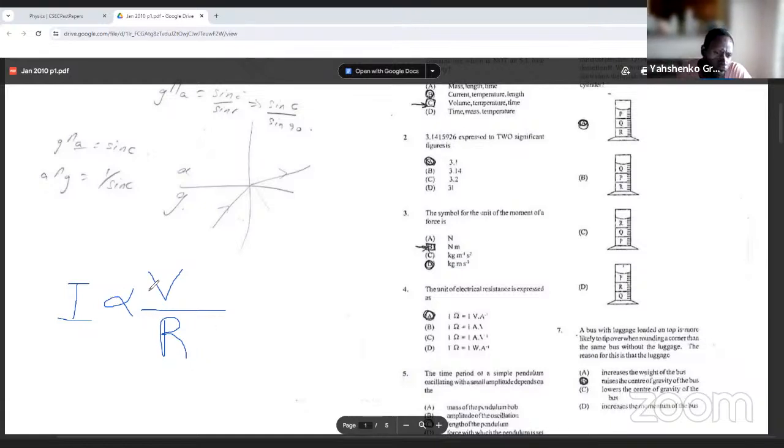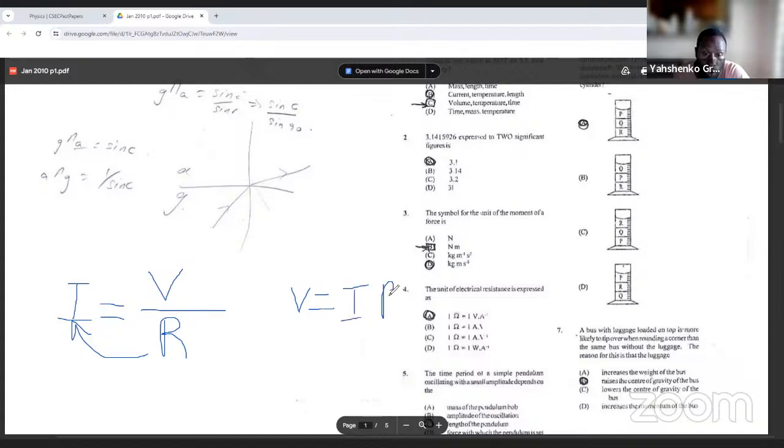And this formula, it actually turns out I could just drop this proportionality sign and just put the equal sign, and it works. And this is Ohm's law, so the current. So if we take note of this, this is the formula. And in this, they're asking us for the unit of resistance, which means that we want R to be by itself. So we're going to carry R over to multiply, to get it from the denominator at the bottom of the fraction, which gives us V equals IR,